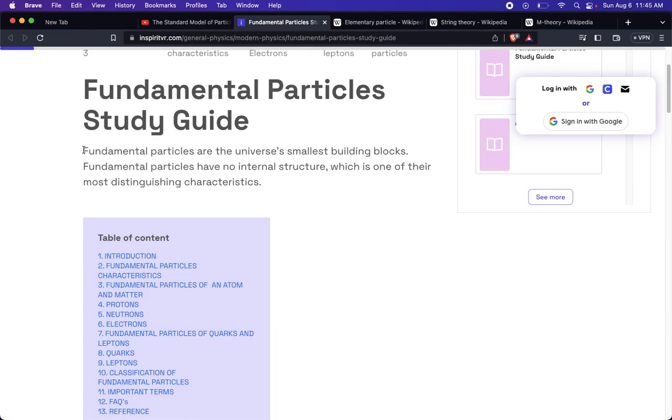It says that fundamental particles are the universe's smallest building blocks, and fundamental particles have no internal structure. So what we're looking for in physics is a smallest particle with no internal structure. I think it's described as no mass or charge. And we're looking for this because we think things simply get smaller and smaller and smaller.